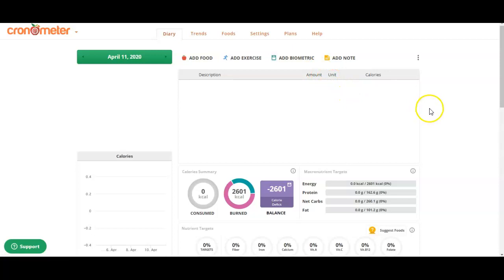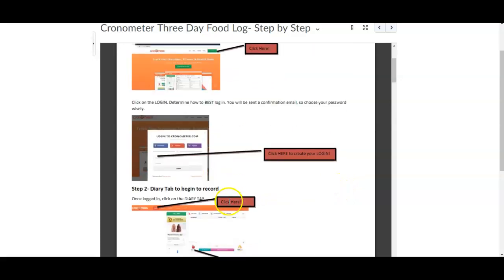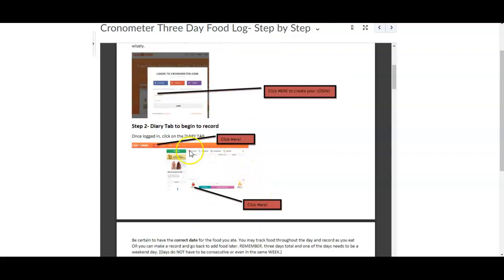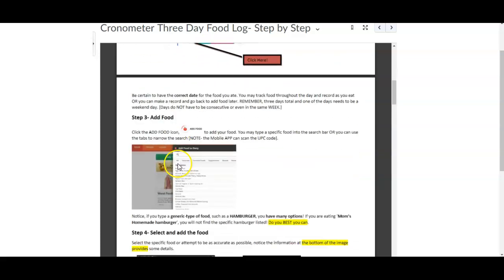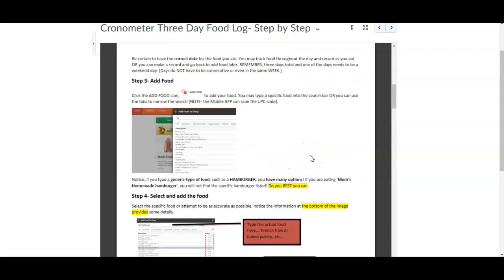So I've already logged in, and this is for me, and it goes through, and we'll kind of talk about this as we go through and what you need to do. It needs to be 3 days, 2 weekdays, and 1 weekend. So after you create your own login, which I have done, it doesn't matter what email, whether personal or Lone Star, and then you continue clicking down here until you've logged in. And this is free of charge. There is no cost for you.